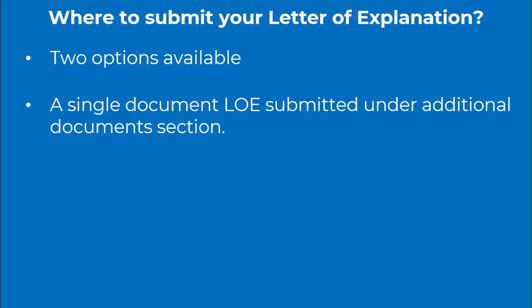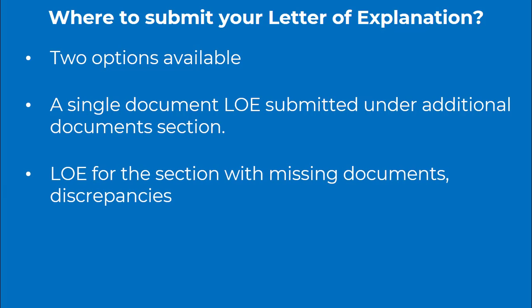If you are submitting letter of explanation under additional documents section, depending on your application, you might have a list of things to explain in one document. If you are submitting a letter of explanation for a particular section only, then the first page of the document should be the letter of explanation explaining your reasons for submitting alternate documents and what all has been attached, like a table of contents, making it easier for the IRCC officer to go through your document proof.